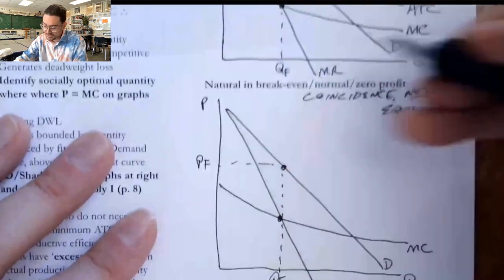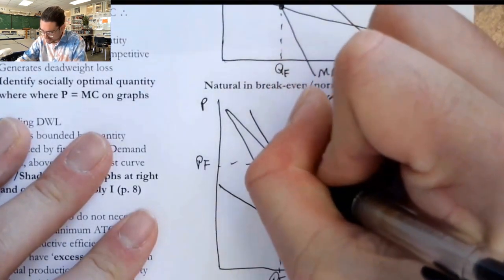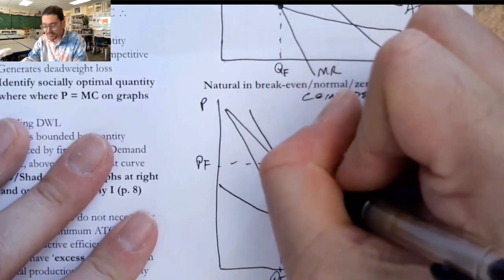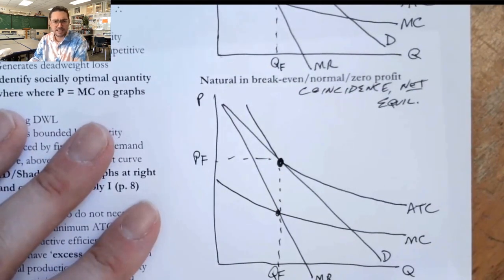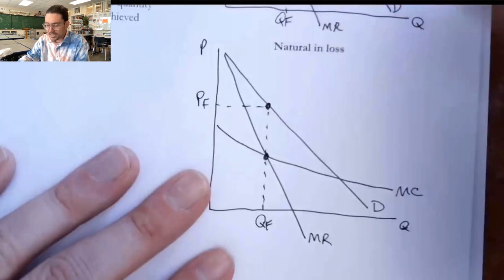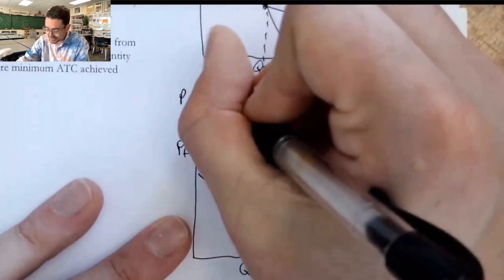Now for the next one, we need ATC just touching here and continuing on. And I have students who say, well, why is there no rectangle? Well, because they're breaking even. There's no loss and there's no profit. Silly goose. And then the last one, if they're losing money, then our ATC is going to be way up here,